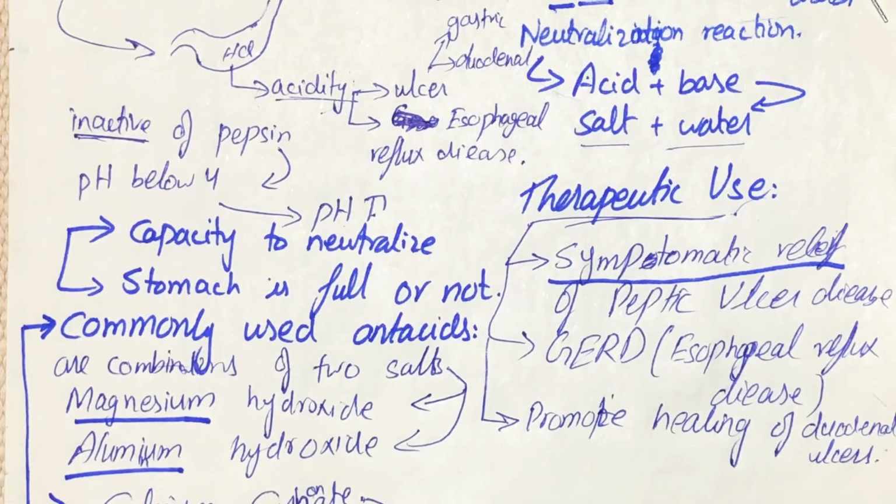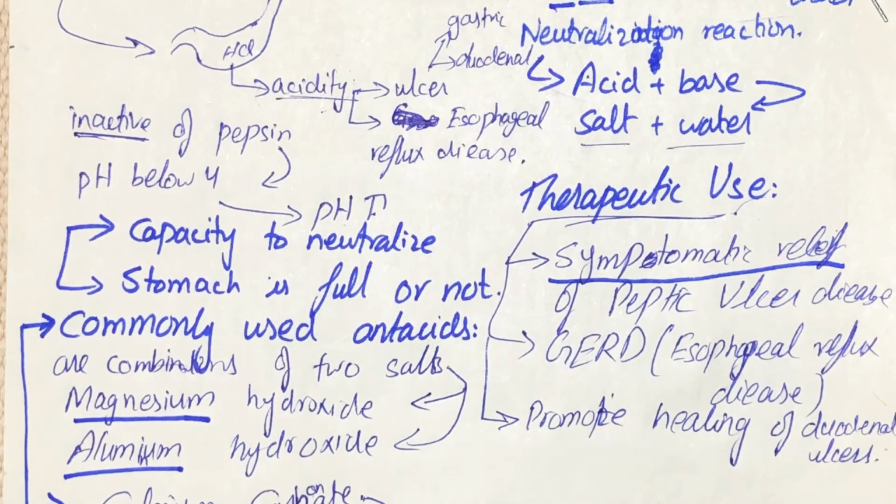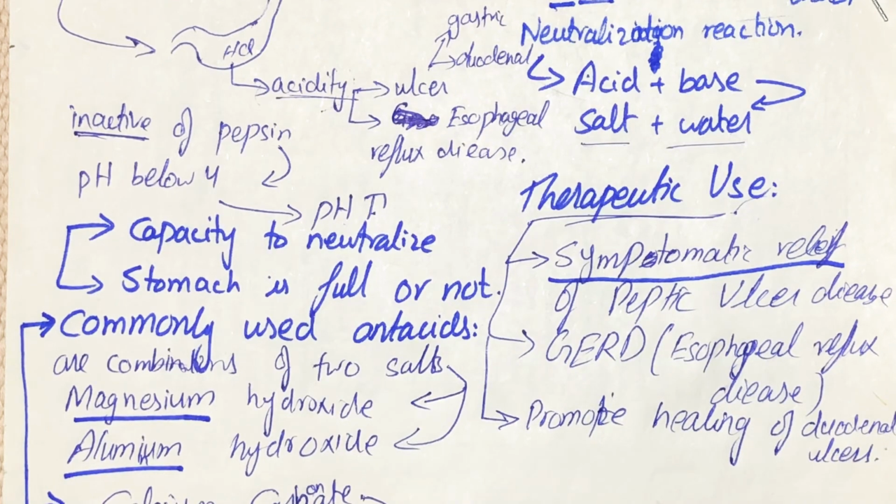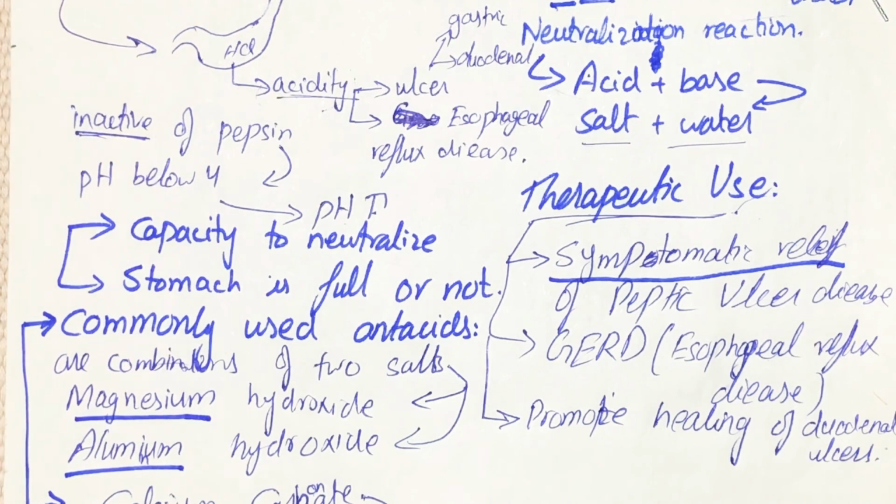So as I have told you earlier, when a combination of drugs is being used, there is some reason why it is used in combination. What is the reason for using magnesium and aluminium salts together as antacids? There is some reason, and that reason is very important, which is that